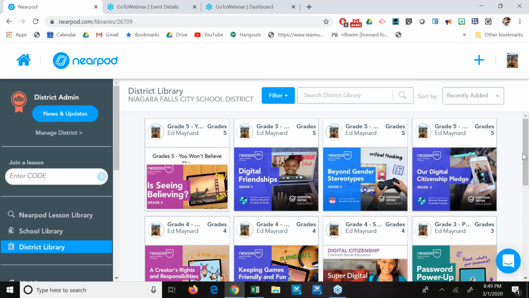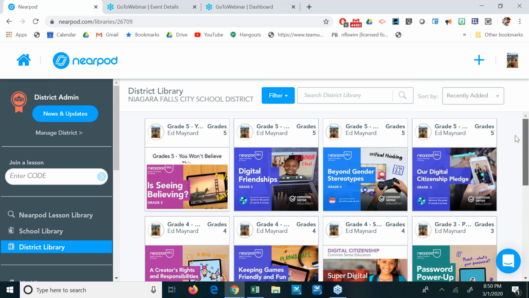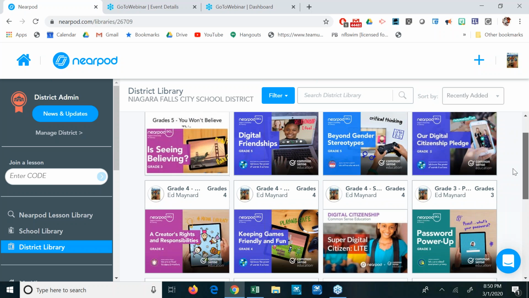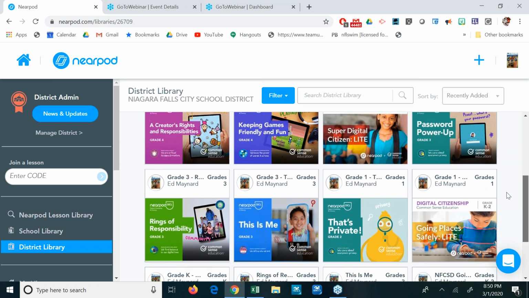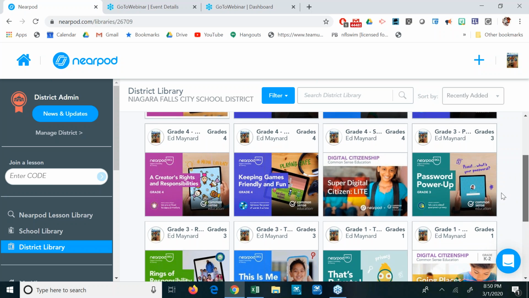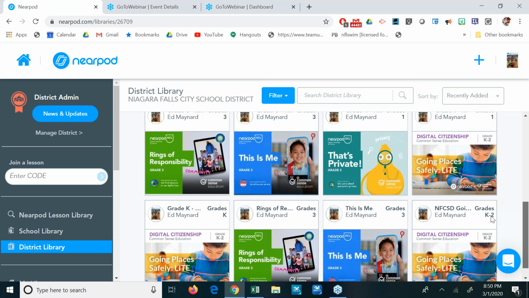Like this. All right, so as you look on my screen now, you're going to see grade 5, grade 5, grade 5. I wish I could rearrange these and put them in the correct order, but it doesn't give me that kind of power. But grade 4 lessons are in there, grade 3 lessons are in there. I got to get grade 2s in there and some grade 6s in there too.